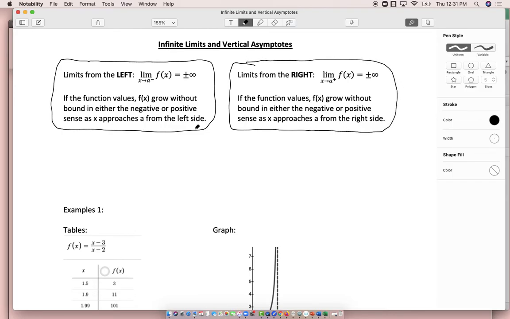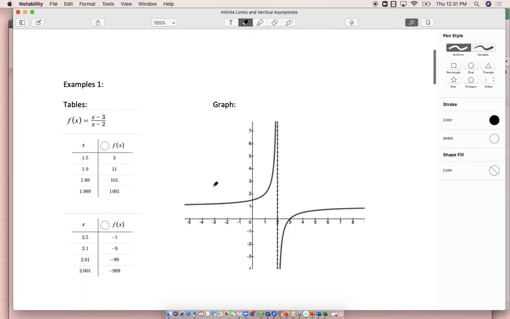As in anything, it's easier to look at an example. So here's a couple of examples. I'm going to do them both with tables and with graphs. So here's our first function. f of x is equal to (x minus 3) over (x minus 2). And I'm interested in the limit as x approaches 2 from the negative side, which is the left side of